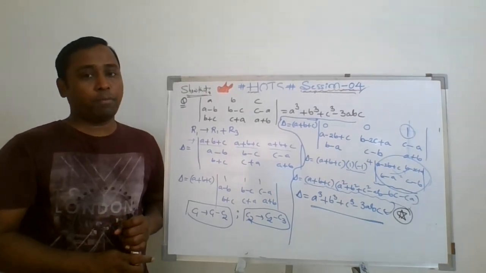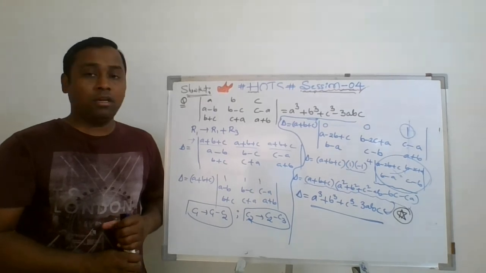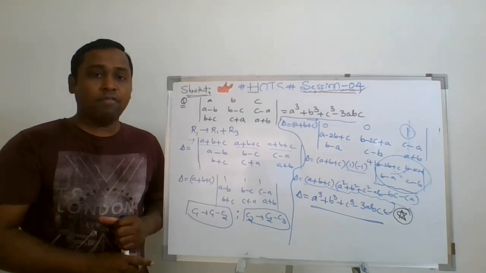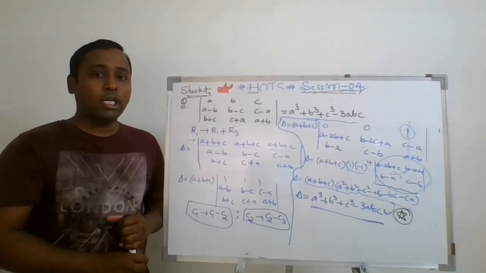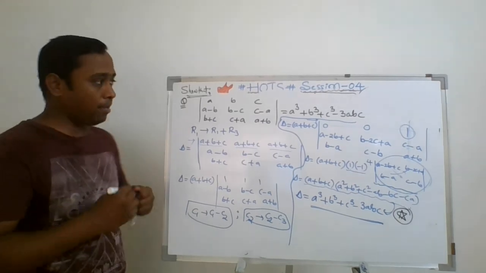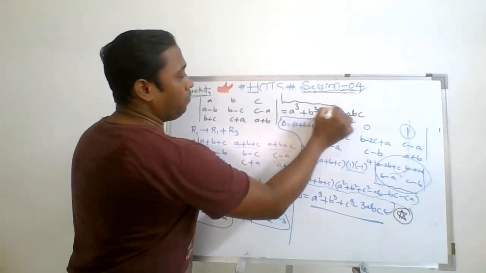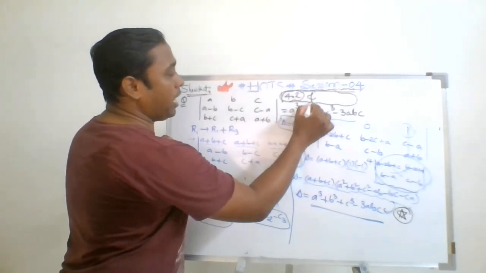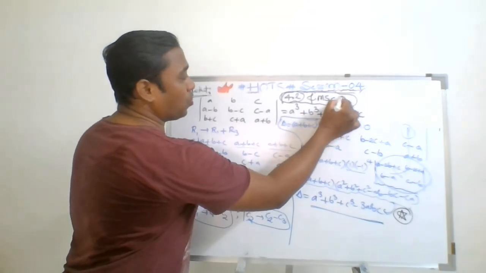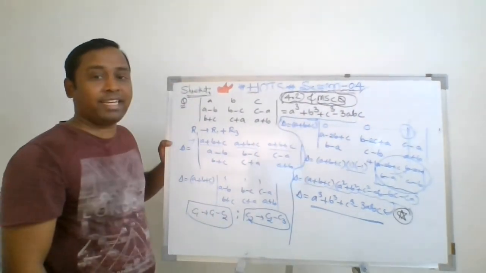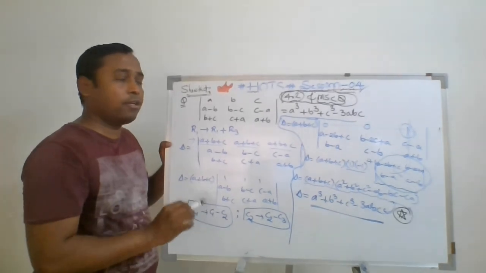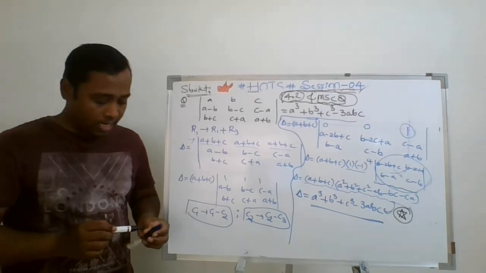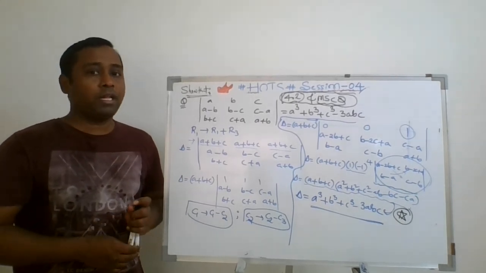You may also practice like this to finish the determinants concept. I am expecting, even requesting, insisting that you all practice the 4.2 exercise. I'm just writing where you need to practice. That is the 4.2 exercise from NCERT, and then go for the miscellaneous exercise where you will find many interesting questions. Please do practice on that, and if you face any problem, please let us know.